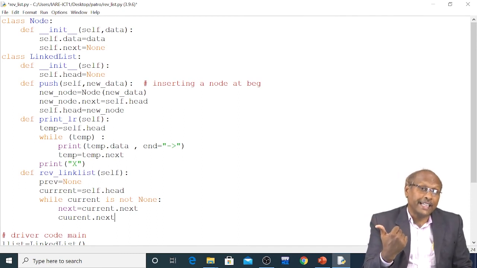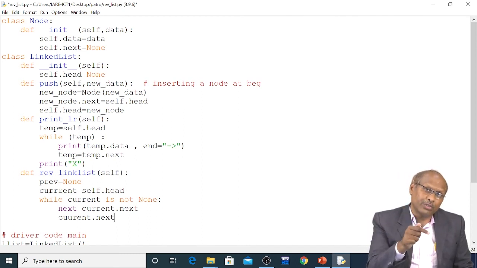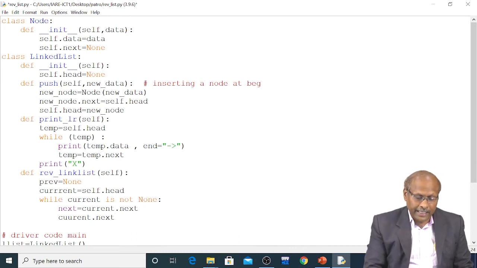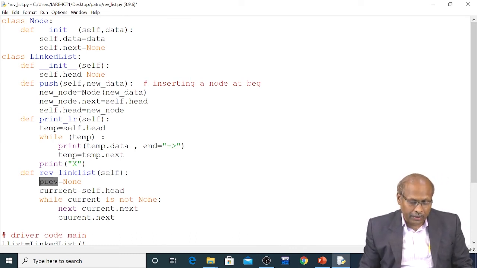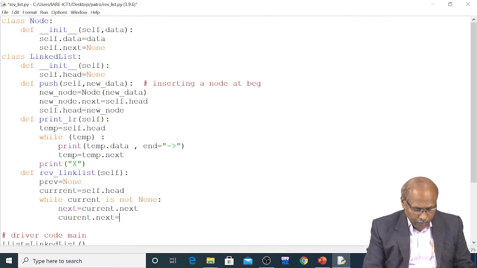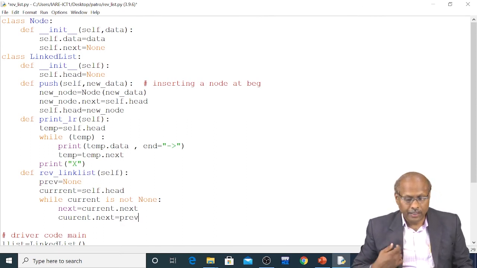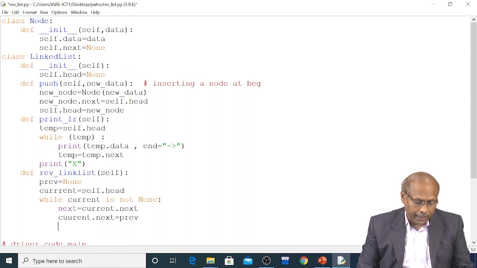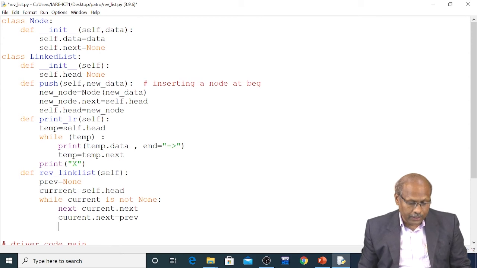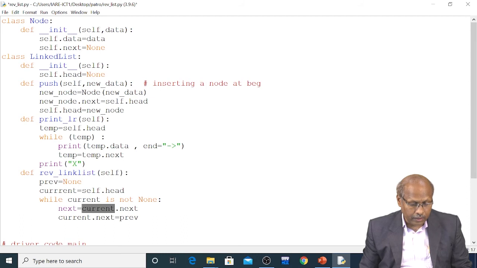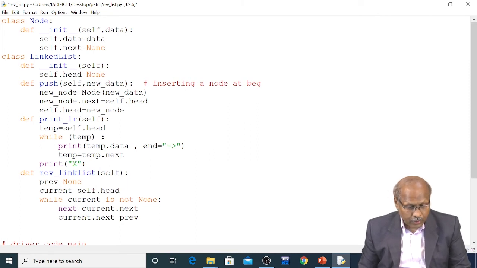But here, while reversing the linked list, what do I have to do? Current next should be pointing to None. The None is available in previous. So I should assign current dot next equal to previous.